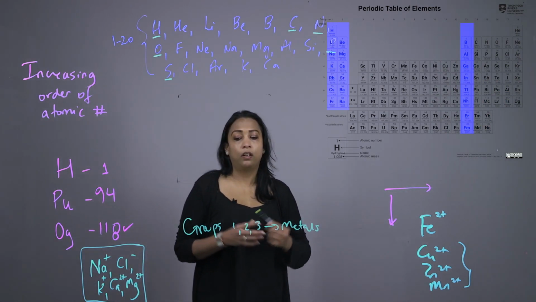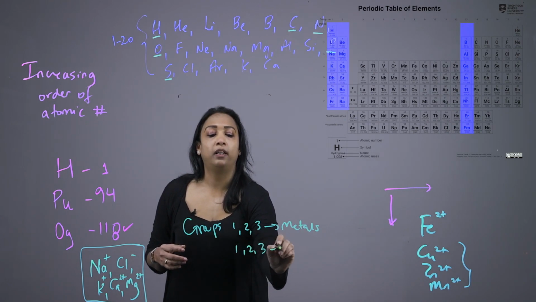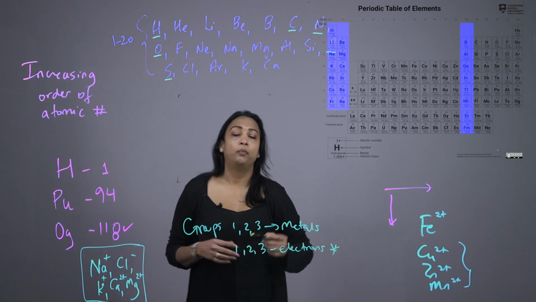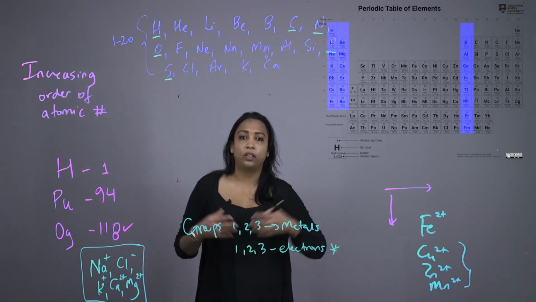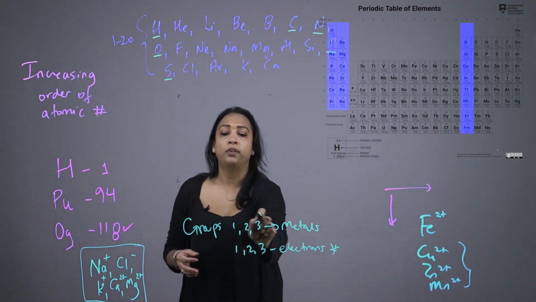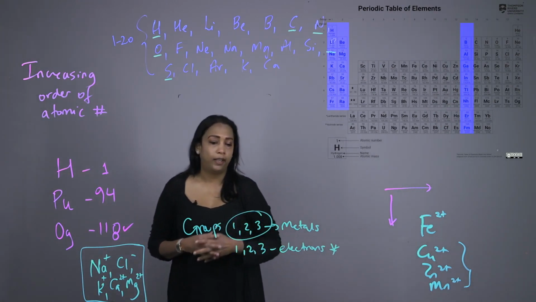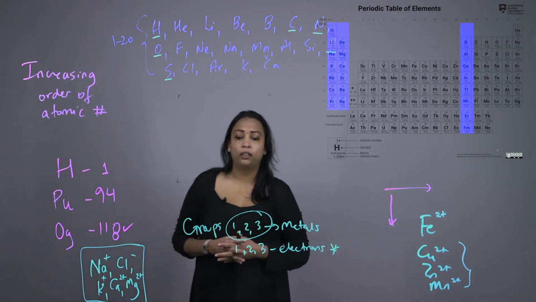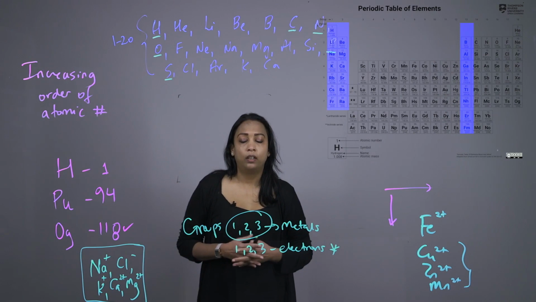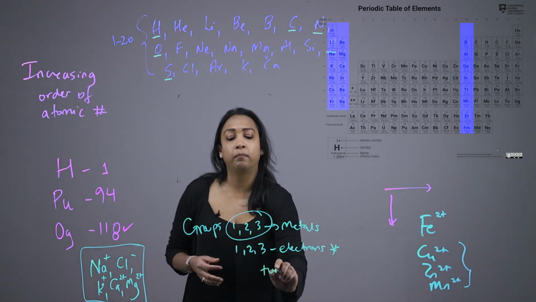So metals are going to have 1, 2, or 3 electrons in their outermost shells. And we're going to look at electronic configuration in a subsequent video. So these elements in groups 1, 2, and 3 will exhibit metallic properties. They are malleable and ductile, which means that they can bend and stretch easily without breaking. Metals tend to form positively charged ions,